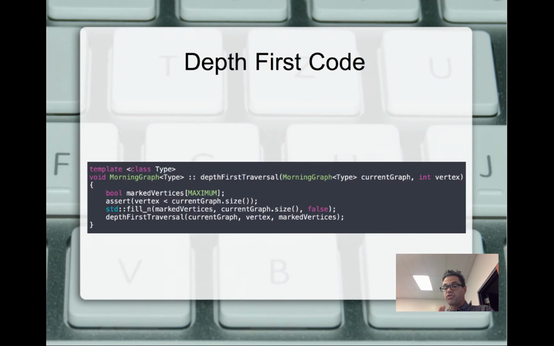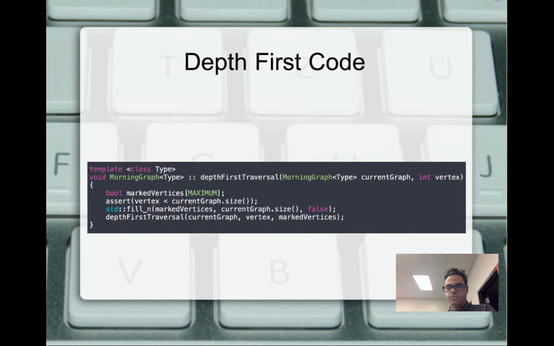But on that recursive call we have right here in depth first traversal, notice that in this case we have 3 parameters we're passing it. Instead of the depth first traversal with our external or public call, this depth first traversal takes the same idea of the graph and the vertex we've already used, but then it also adds as a parameter the marked vertices array. So we're going to pass a reference to that array in there so we can actually go through and use that marked vertices array